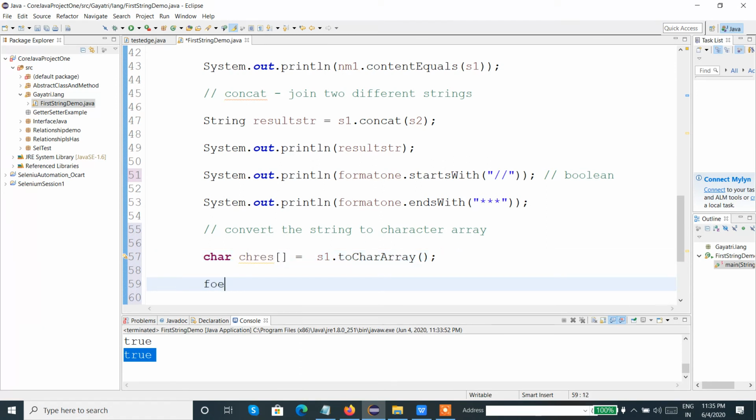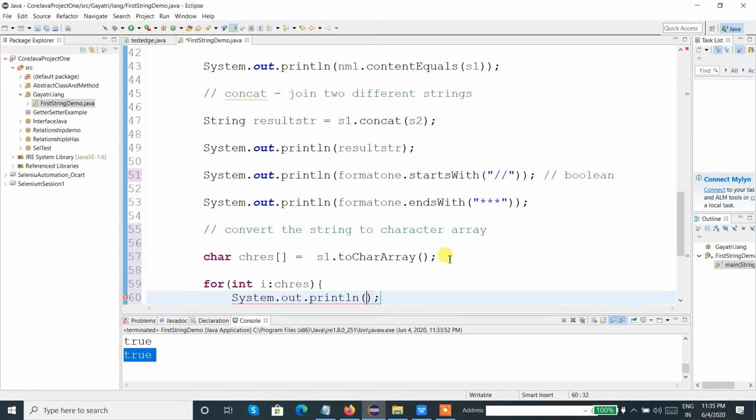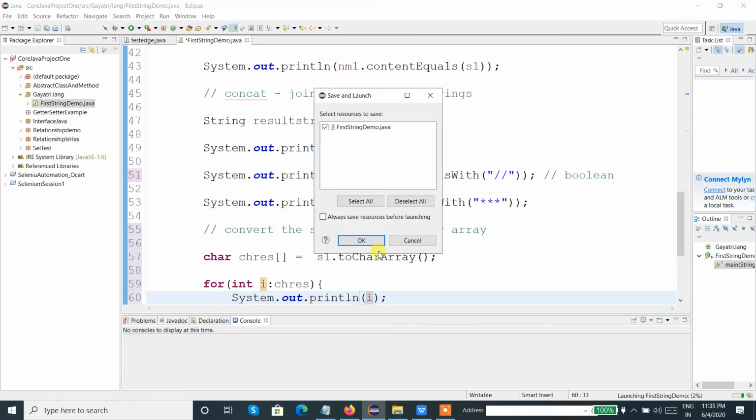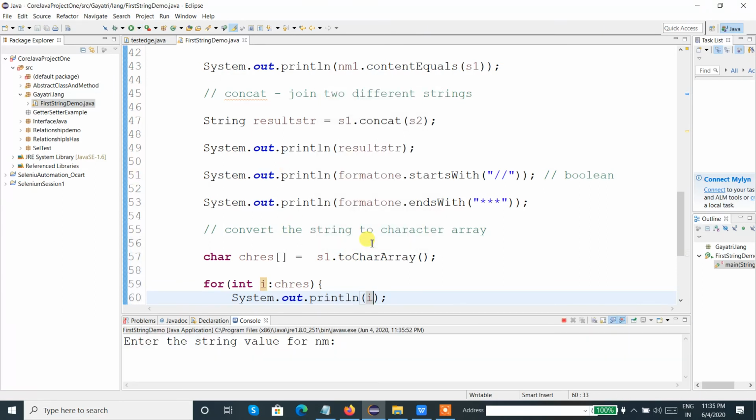Now let me use one simple for loop, that is the for each loop, to print that character array: for I colon chars, then sys out, I can say I. So let's execute and check whether we can get the values.